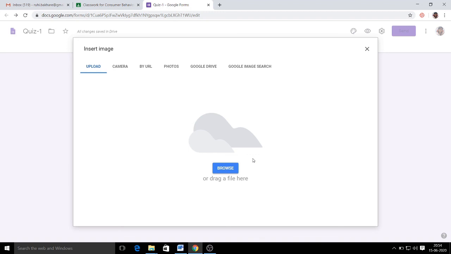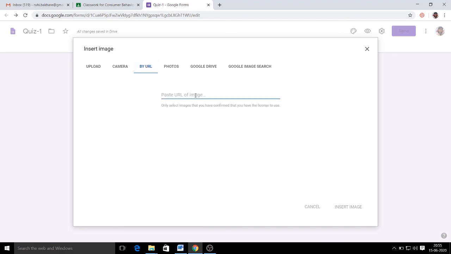Means in case you need to add some image, you can create it. Or in case I have some already recorded image, I can get it from the photo option. In case I have stored it on my Google Drive, I can get it from there. If I have some URL of that image, I can use the URL.